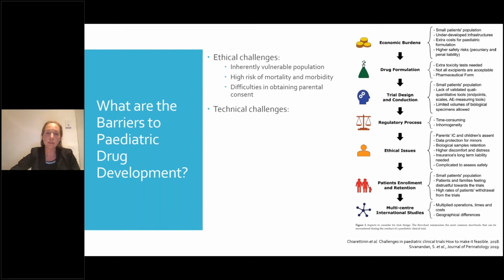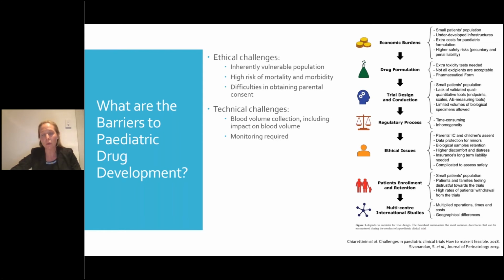There's also technical challenges in this age group that are quite unique. So when we think about something like blood volume collection, for example, and the process of collecting blood from a 1,000-gram premature neonate, and how much more difficult that is from simply collecting it from a well-grown adult, that requires quite skilled clinical trial staff to be able to run the trials. And it also can impact the recruitment of patients, because when you think, for example, for a PK or PD trial in children, how many blood samples are required to be collected and how that can even impact the blood volume on these very small neonates. There's many, many facets that need to be considered.